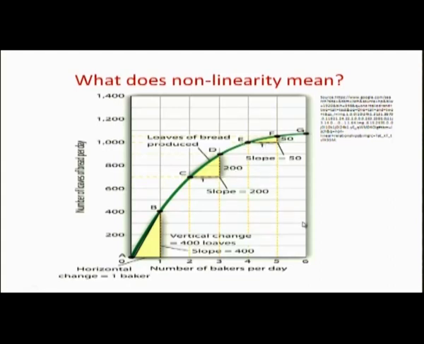In this part, when again x changes from 4 to 5, there is a change of 1, but the change in y is still smaller. This change is less than this change, and this change is much less than this change. So, when a fixed change in x produces different amounts of change in y, then this kind of relationship is called a non-linear relationship. A parabolic relationship is an example of a non-linear relationship,